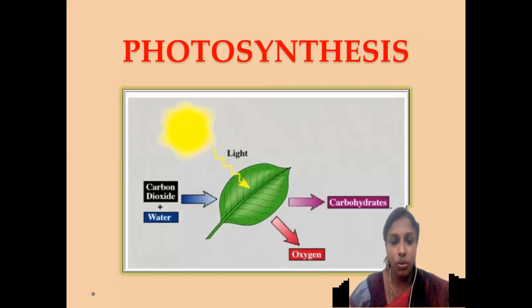The slide shows how the photosynthesis process happens with the help of raw materials. We can observe the trapping of sunlight here and the formation of carbohydrates by using all these raw materials: light, water, carbon dioxide. And now in today's video, we are going to discuss how this process exactly takes place